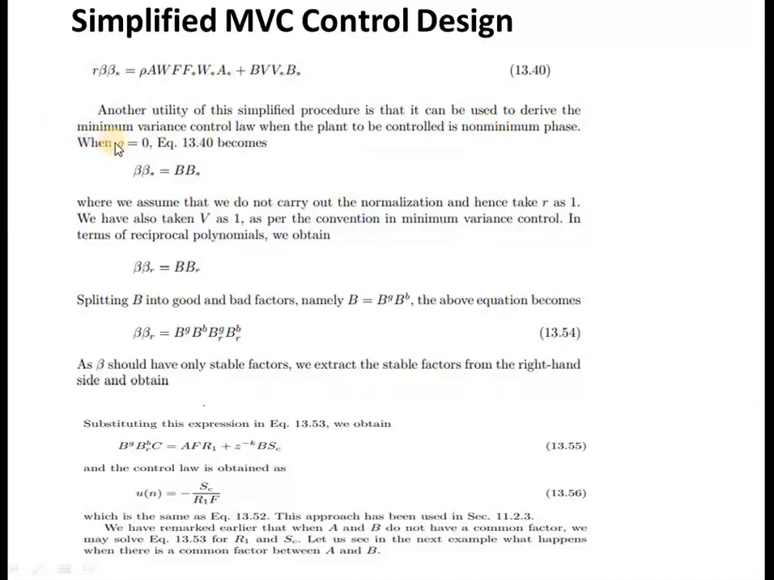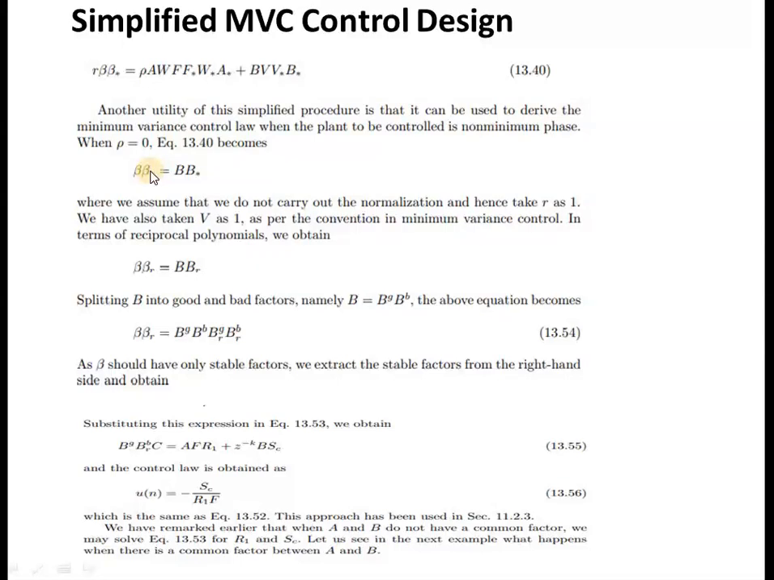Here, when zeta equals 0, we come up with the equation r into beta star equals b into v star into beta star, where we assume that no normalization is done. Therefore we can take r equals 1, and at the same time v equals 1, as per the convention used in minimum variance control. Due to this the equation becomes beta into beta star equals b into beta star. We have to just use the